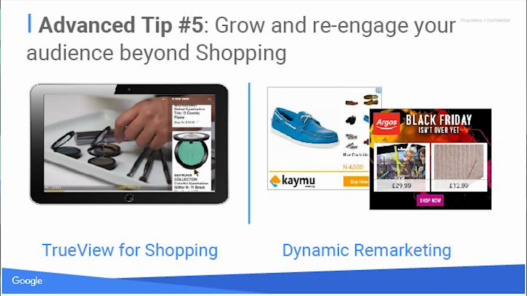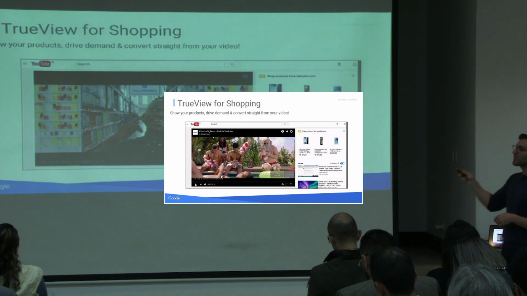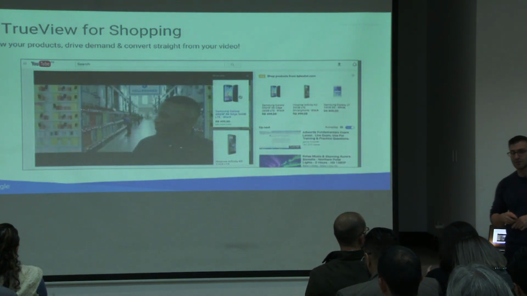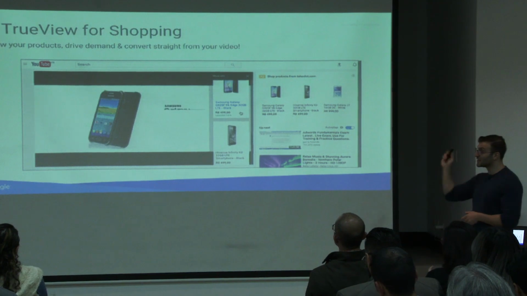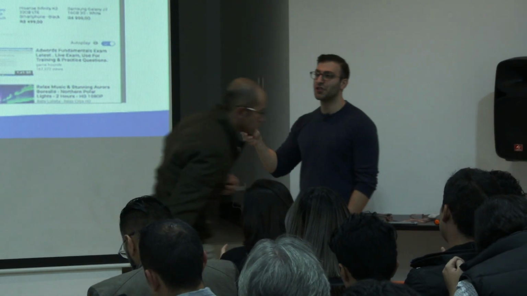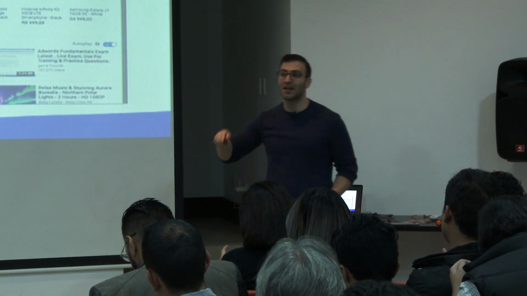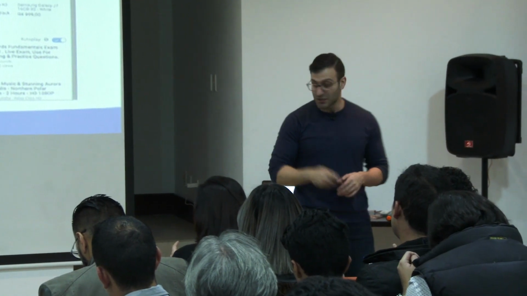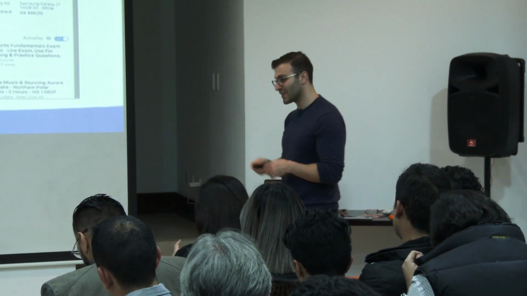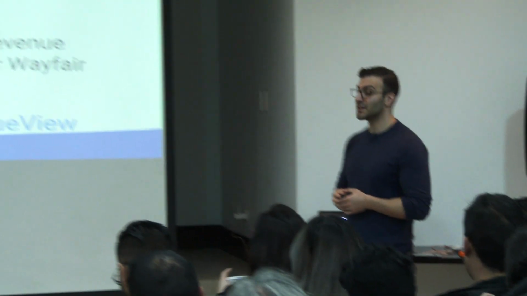Let's think about how we can connect shopping ads to different ad formats. So we have two great platforms to do that, which we'll talk about. So TrueView for shopping. Has anyone heard of this? No? Yeah? Great. So this is a really, really, really cool ad format. It allows you to show your product listing ads up to 6 in a carousel directly on your videos. It's really easy to set up, and showing you this next slide shows you why it might be something that's of interest to you.